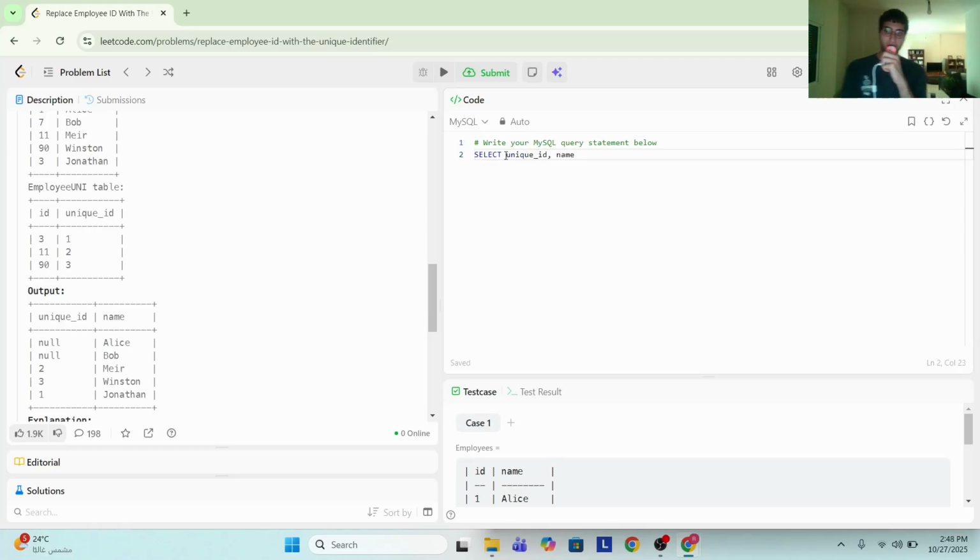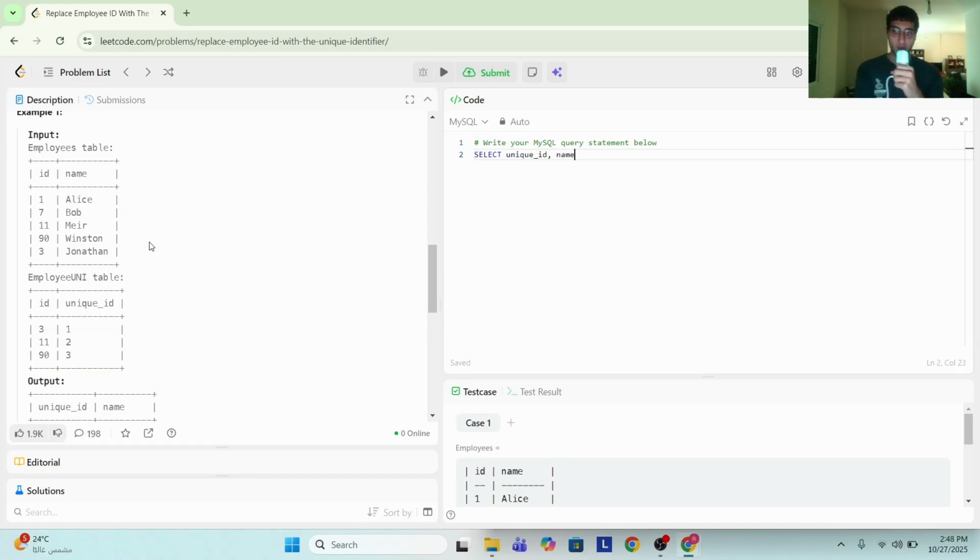Now we need to consider where we're selecting them from. And remember, we're going to combine our tables, but we need to identify which table we're joining to which table. Now what I'm going to do is I'm going to join our employee uni table to our employees table. And so with the left join, that means we're going to leave our employees table as is. And so basically what we're going to do is we're going to select unique ID and name from our employees